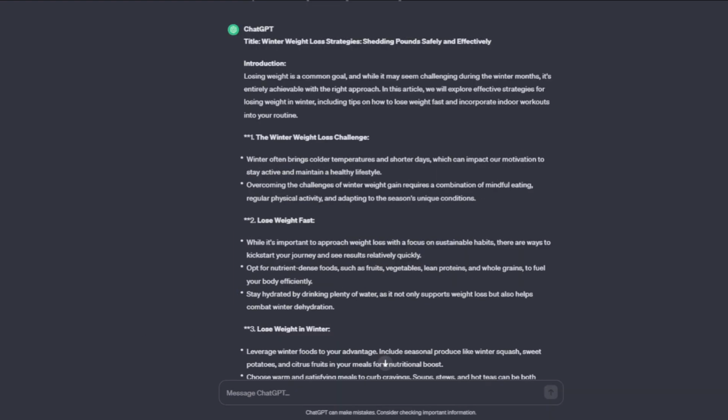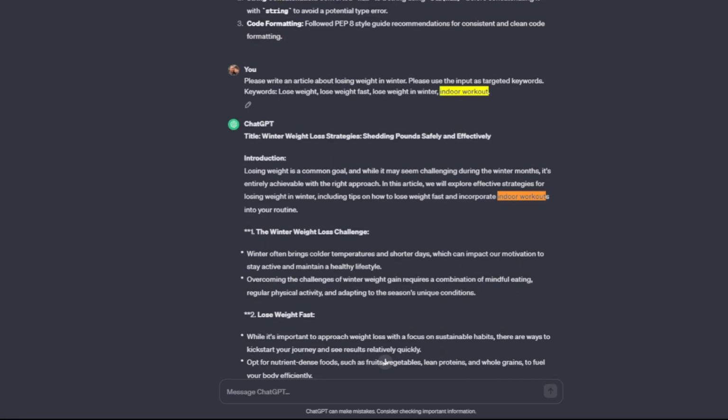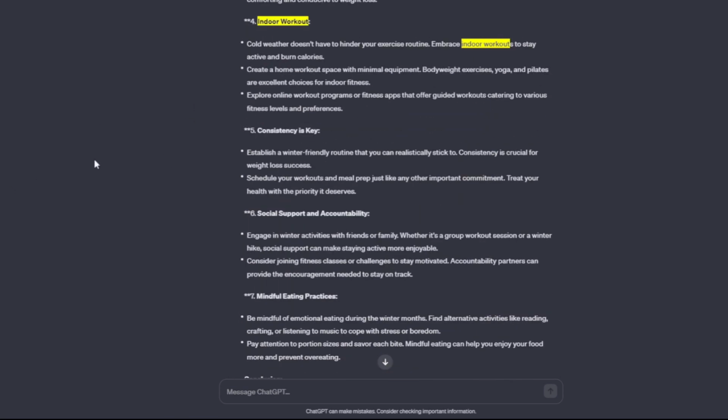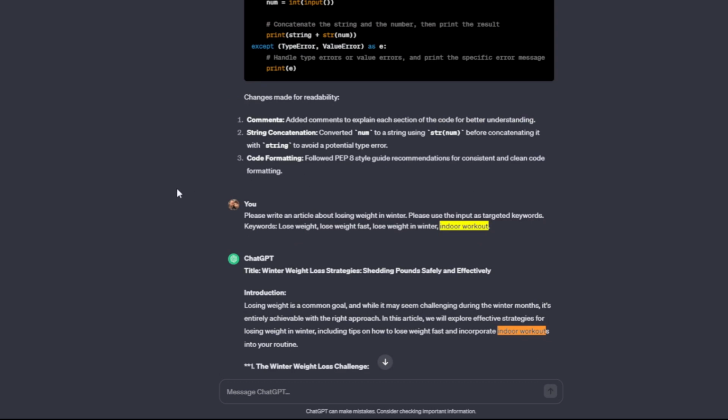So here we have our article, but let's see if it actually input our keywords. We can see that one of our keywords was lose weight. So let's Control F and type in lose weight. And we can actually see that in the introductory paragraph, we have one of our keywords, and we also have it in two of our headers or our chapters. If we check another one like indoor workout, we can see that it's also mentioned in the introduction and a couple of times further down. So it is using the keywords. It's following our user-provided cues. This can be wildly helpful for content creators, marketing managers, and business owners alike.